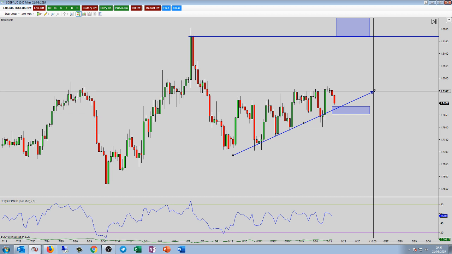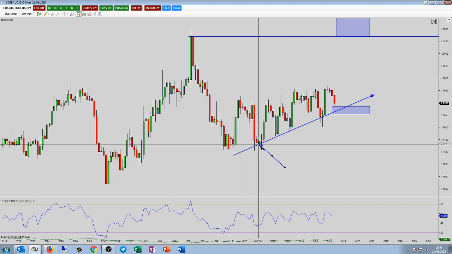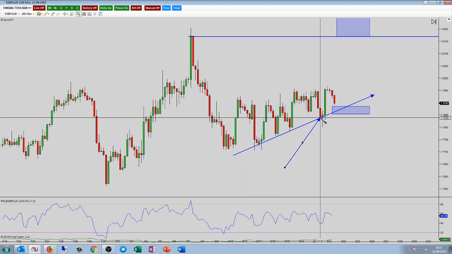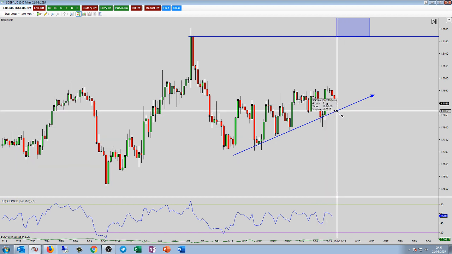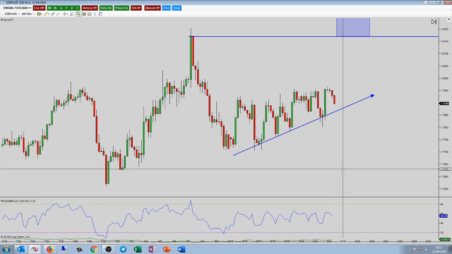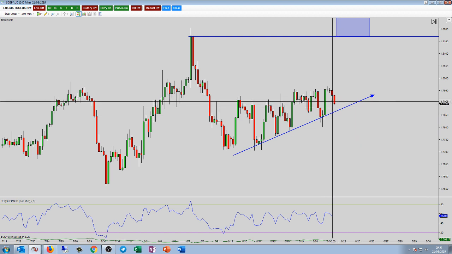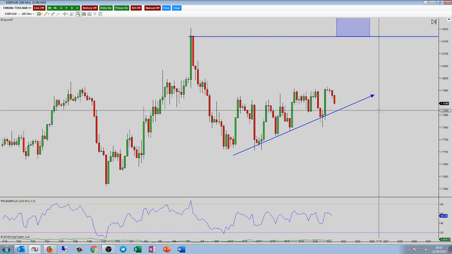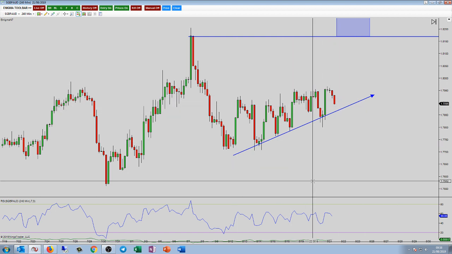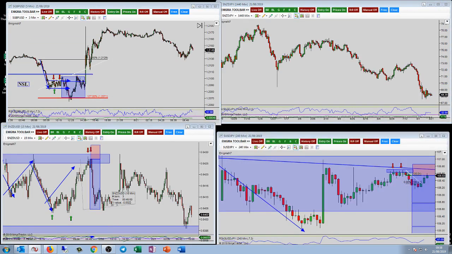And in actual fact, remember guys, we draw this out on the closes of the candles, okay? So the first close of the candle is there and the latest close is there. So that means price actually has to come down another good 30 pips or so. And then we could actually spike through it 50 pips or so. So it could come down another 80-ish pips before we actually look at getting our entry. So I wouldn't be interested now, but I will simply be monitoring this. Bye bye, pound Aussie.